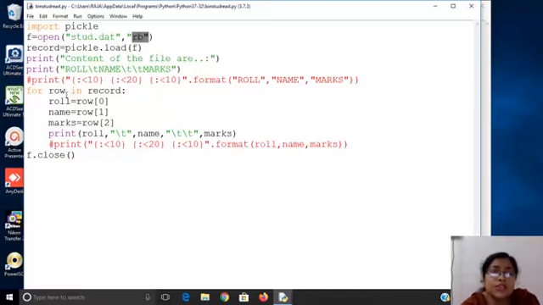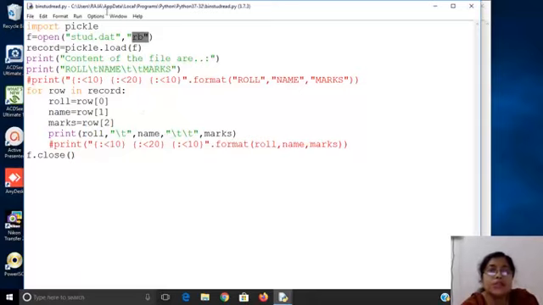Now, with for row in record, each and every line of the record list will be contained in row. Since we know that row[0] contains the roll, row[1] contains the name, and row[2] contains the marks, we are using them like that. No data type formatting is needed there, you see. Then we are printing roll, name and marks like this.